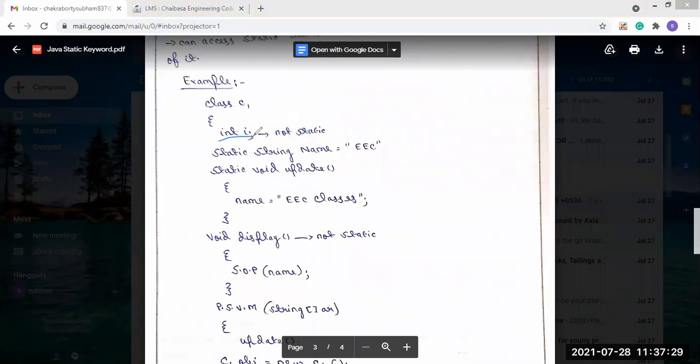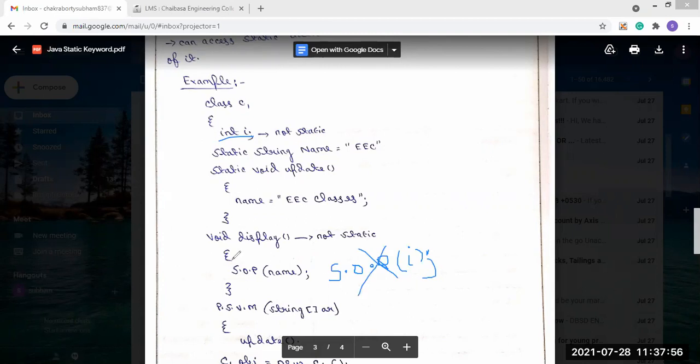Here you see I is defined as non-static. So in here we cannot use System.out.println with I. It cannot be possible.